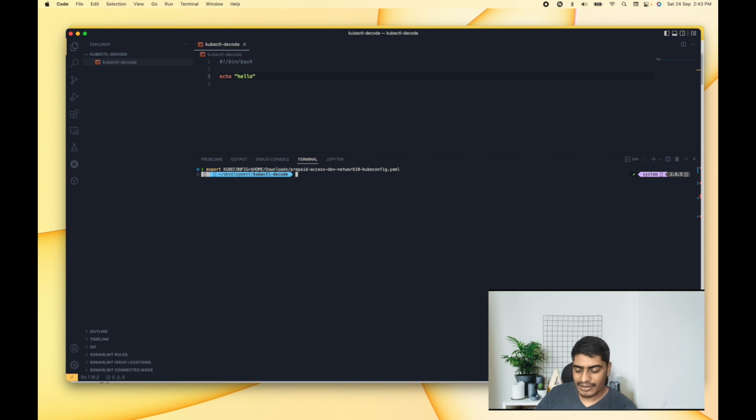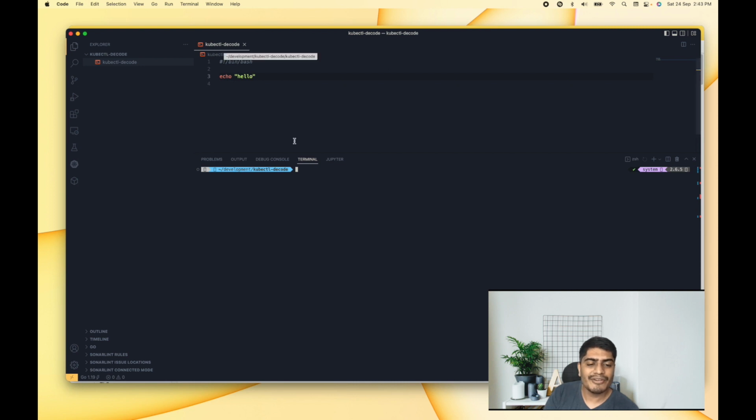Let me export my kubeconfig, and now I have to put this in the path variable so that kubectl is able to recognize this as a plugin. I already told you the criteria for kubectl to detect a plugin: we have to name this file kubectl, then hyphen, then your plugin name, and this will be the subcommand as well, which we have to provide when invoking this plugin. So let me put this into my path variable. Let me export this,